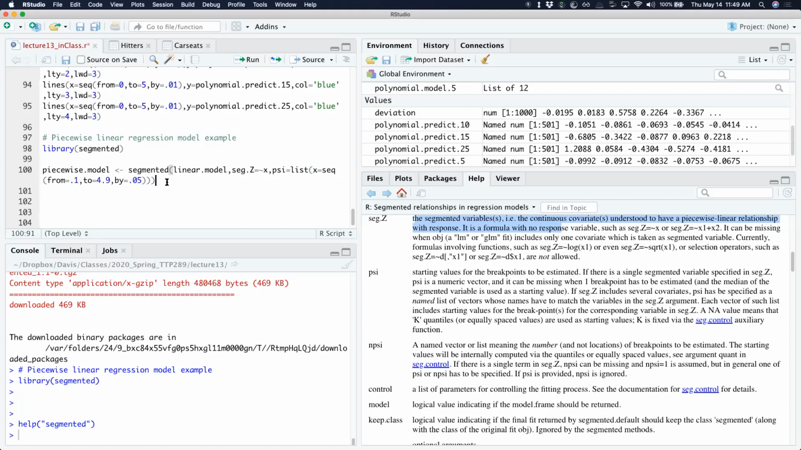So in this case, I've just asked it to do a separate linear fit at every, from 0.1 to 4.9, every 0.05. So it's going to have approximately, how many regressions is that going to be? 100. So there should be about 100 different lines that I'm separating my model into. And then I'm going to